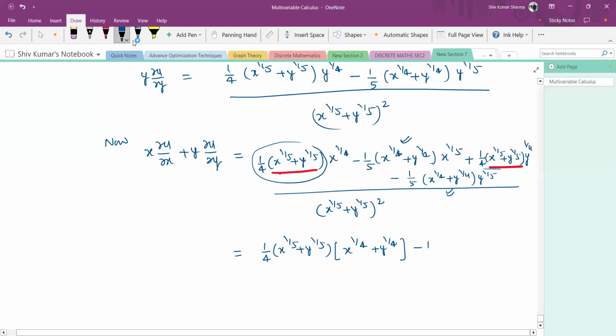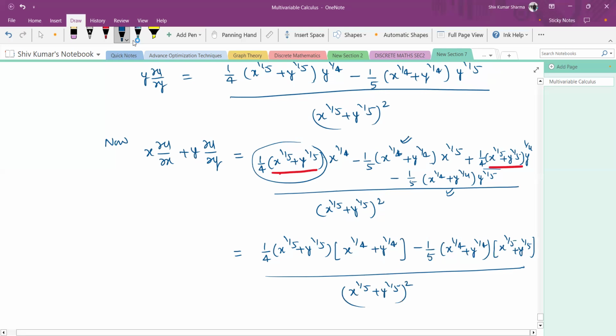So we take minus 1 by 5 into x raised to the power 1 by 4 plus y raised to the power 1 by 4 as common. So we see that the first term is x raised to the power 1 by 5, or second term is y raised to the power 1 by 5 upon x raised to the power 1 by 5 plus y raised to the power 1 by 5 to the whole square. Okay, so